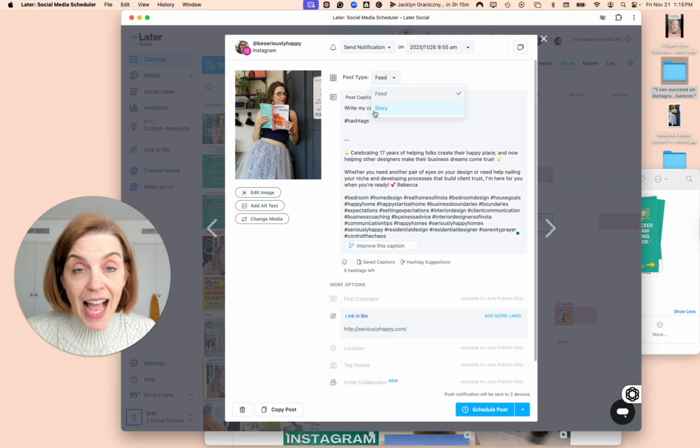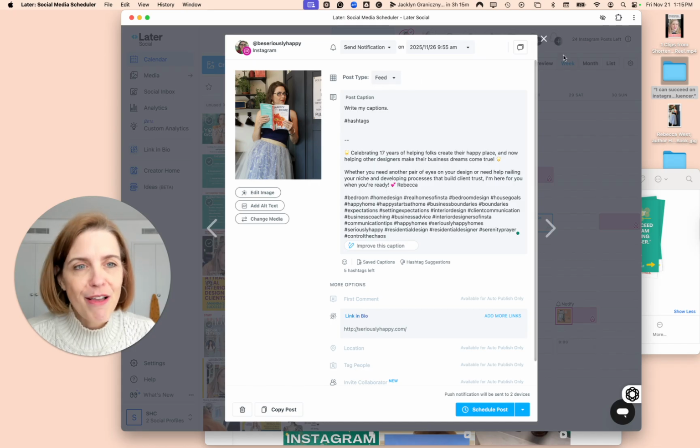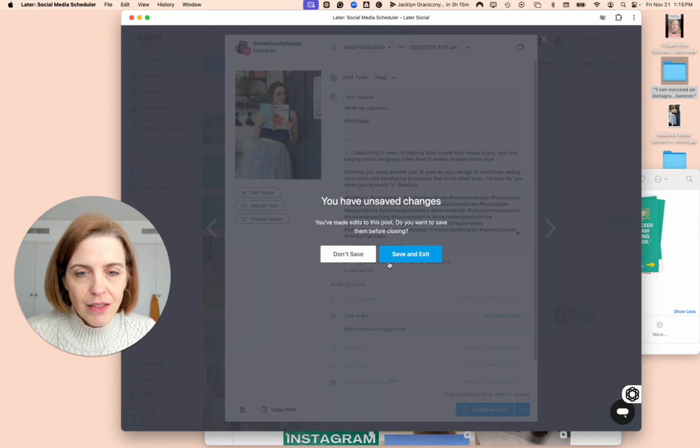So you can actually schedule your stories from the Later app as well. I don't usually do that. My stories are usually very in the moment. Generally speaking, I'm going to use the default, which is sending it to my feed. On the